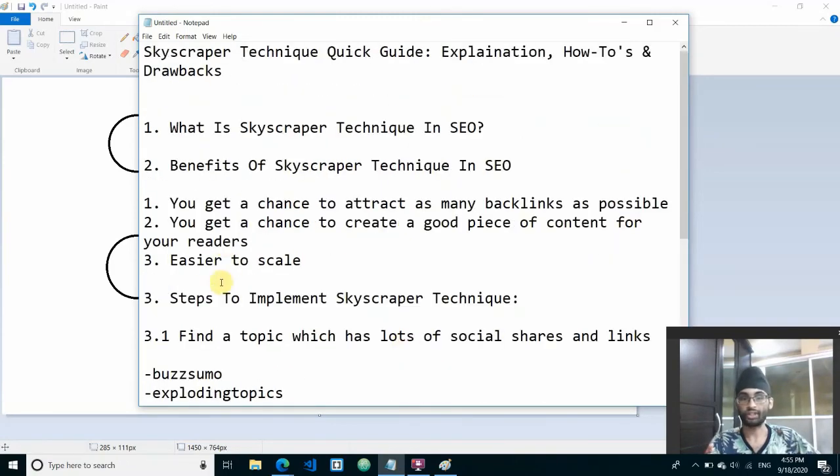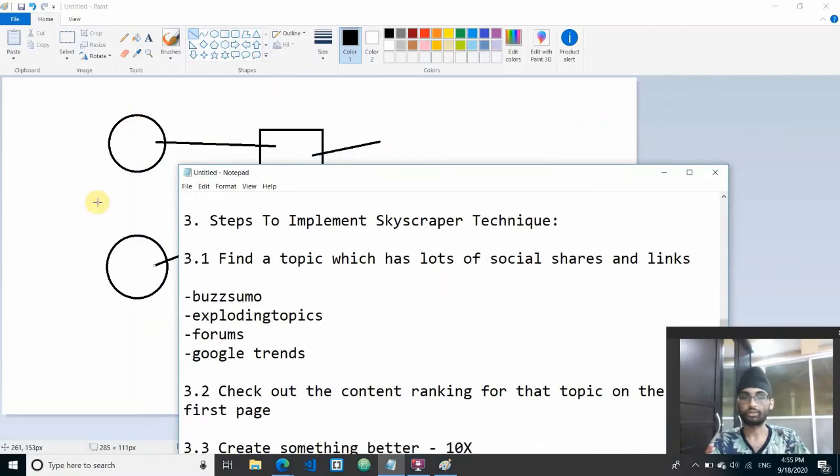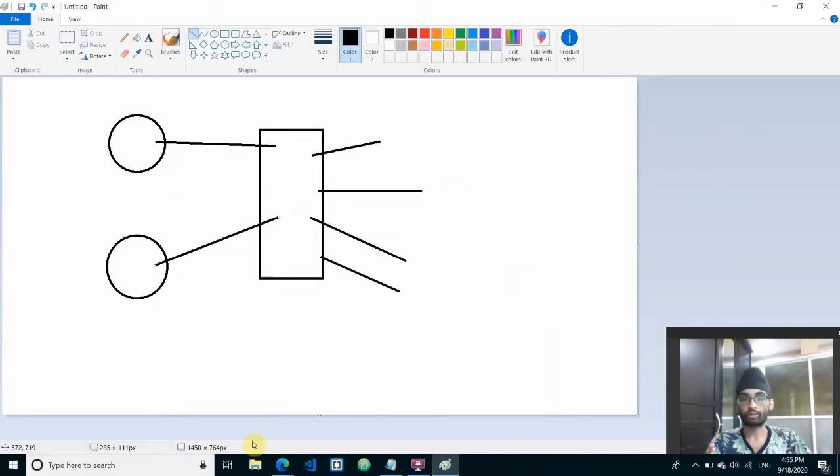So it may be a little bit expensive and time consuming, but of course once you've nailed it, it is very easy to scale, right? Because you create only one piece, and then you can distribute the link juice to other important pieces of content, right? And secondly, it may be a little risky, right? So the reason why I